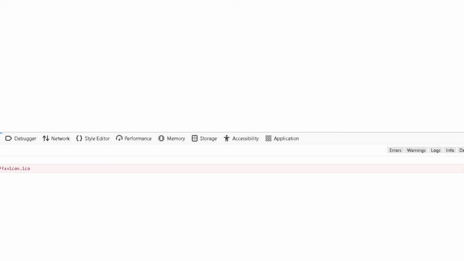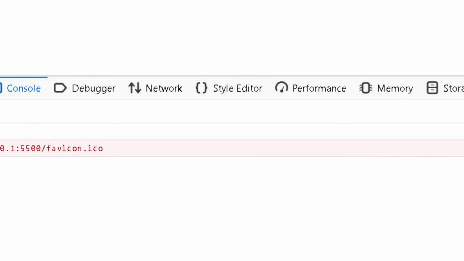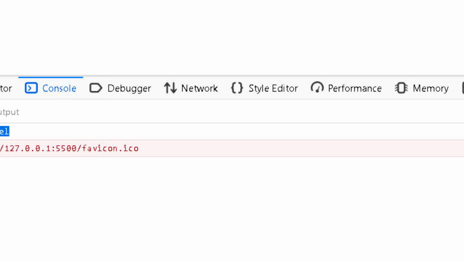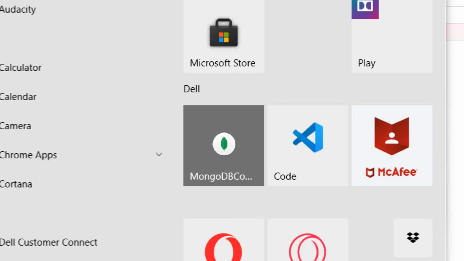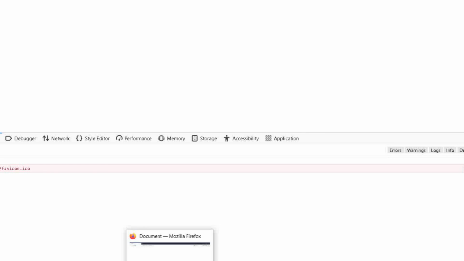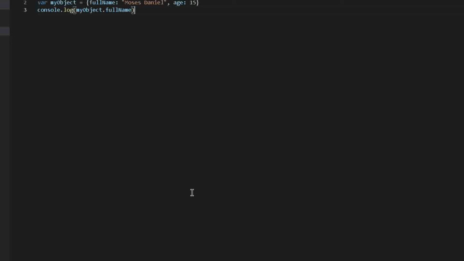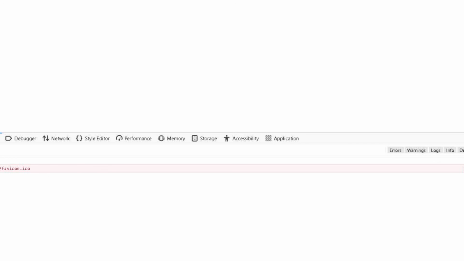Yeah, so here, as you can see, the full name key's information is displayed in the console. You can define as many keys in the object as you want, and then retrieve the value of each key just by writing that key's name. Now let's see the age key's value. Write age here, and then let's check in the console.